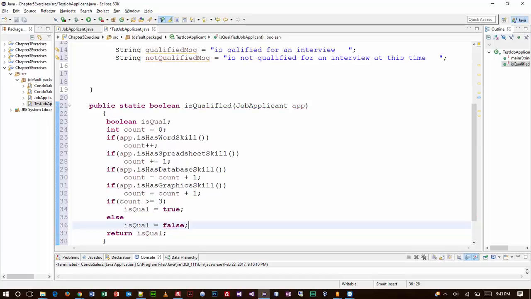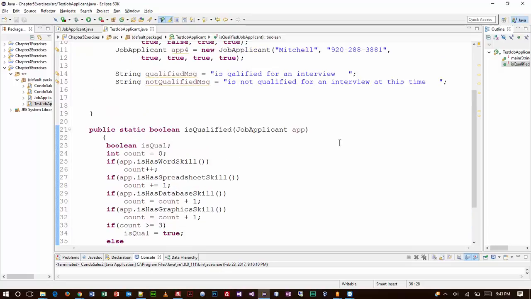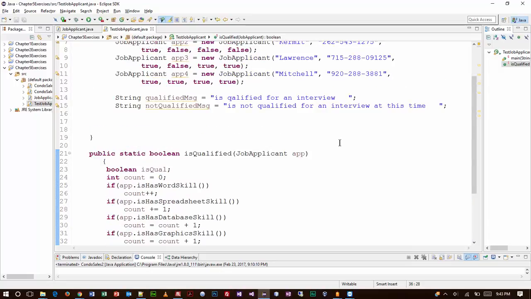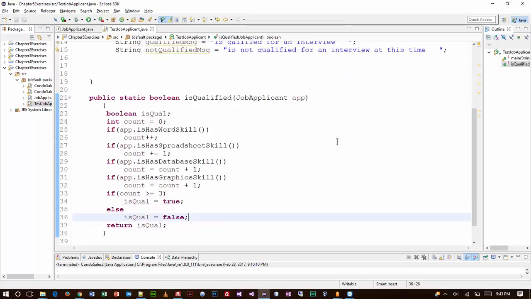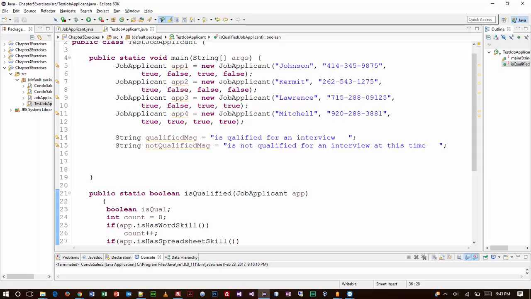And then we just return that value. Okay, so now we've created the method that will check to see if the person's qualified and return a true or false. But we still need to display the message, right? So there's a strategy you can use, and what I'm trying to do here,